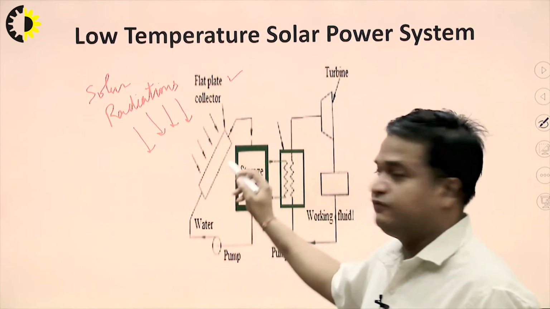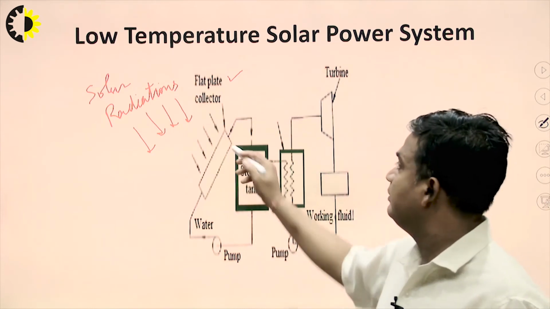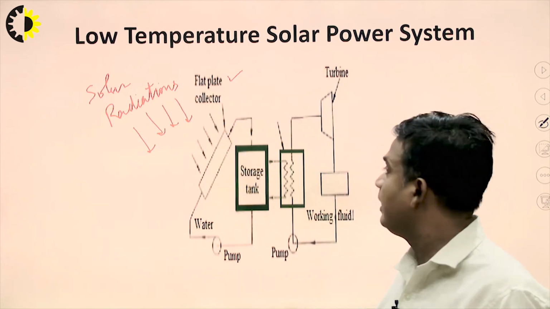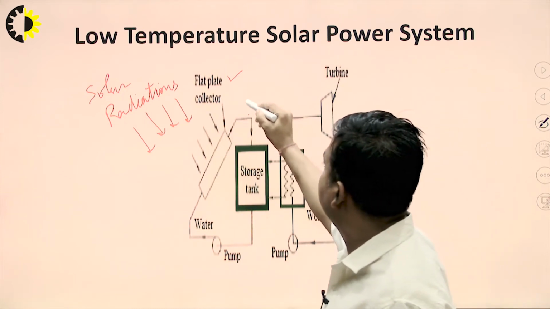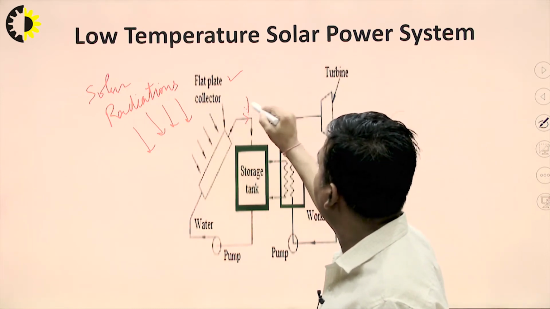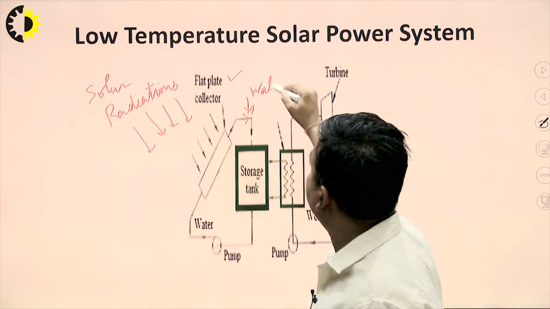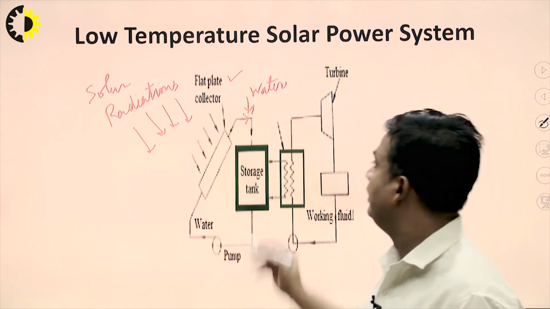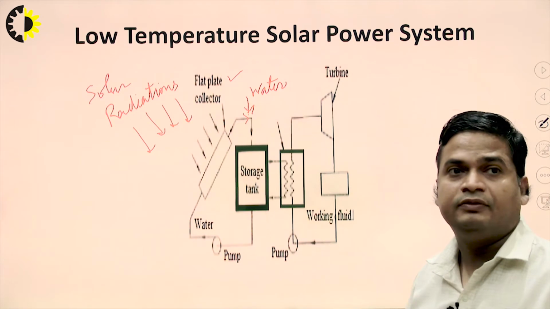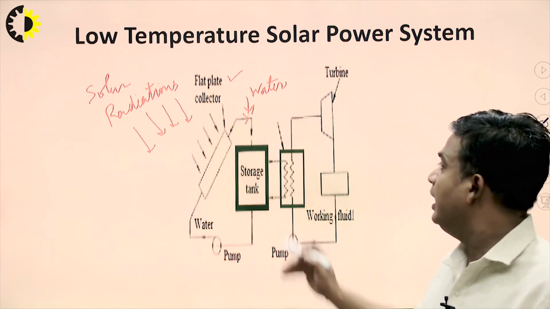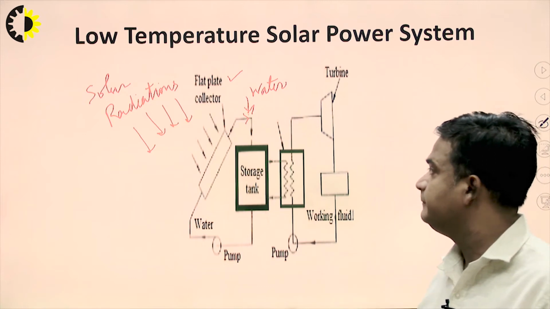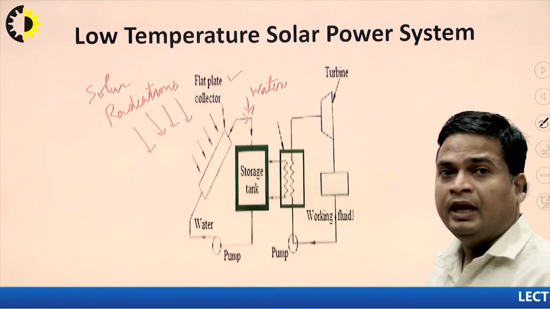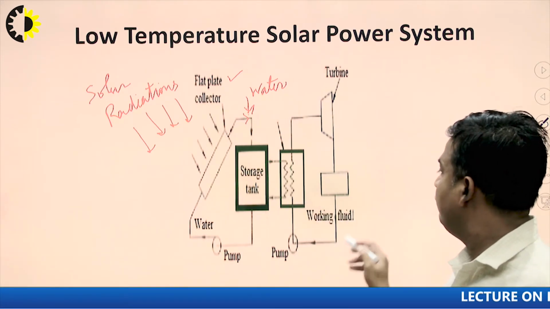These solar radiations are falling on this flat plate collector, and there is water there. This water takes the heat of the sun and it is flowing in this direction. There is a storage tank there,